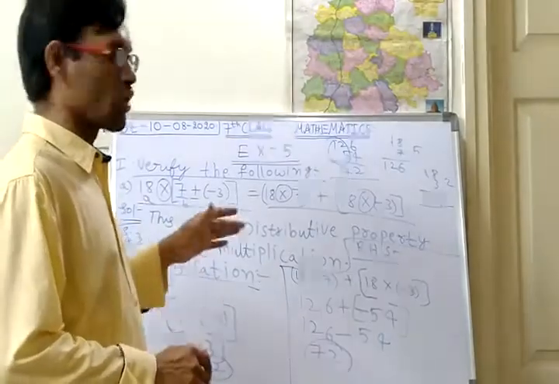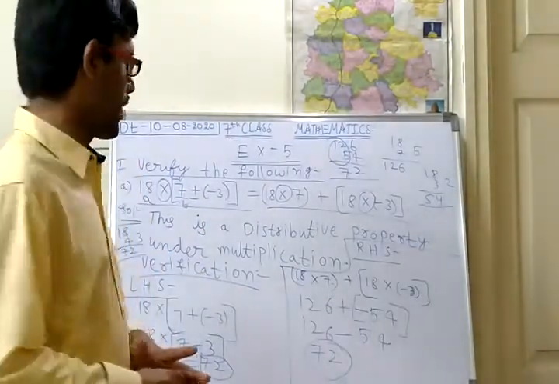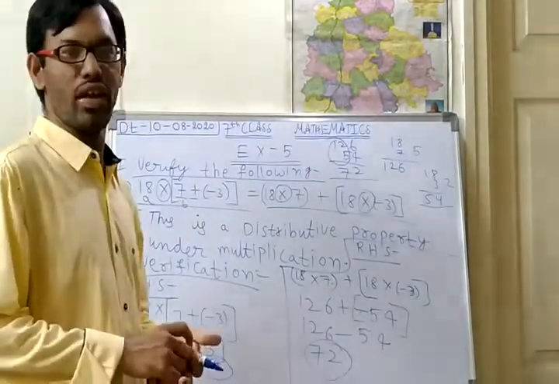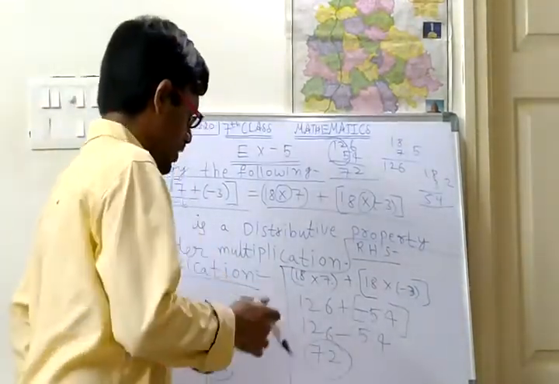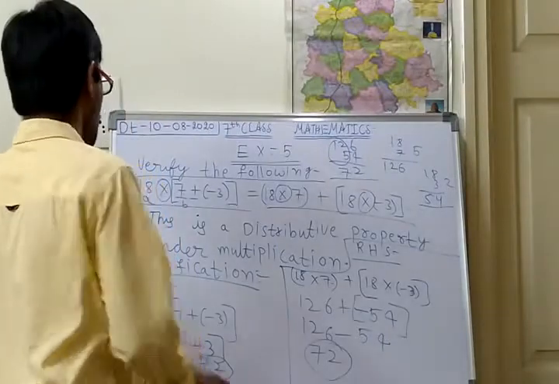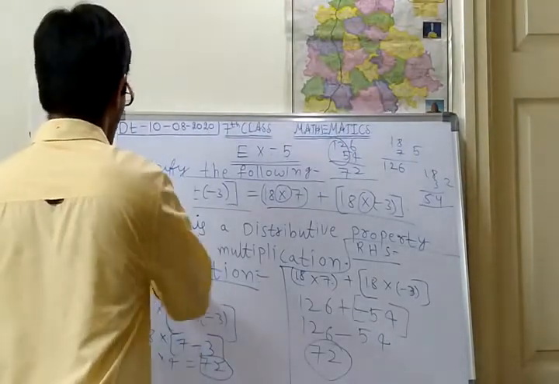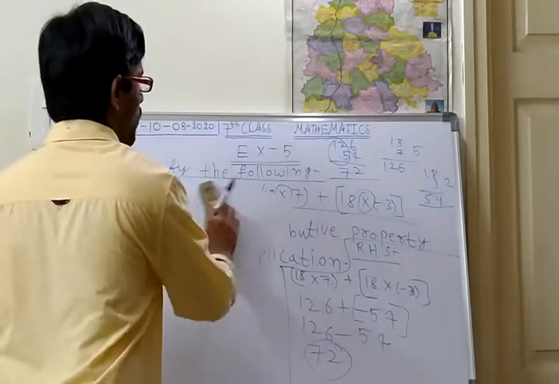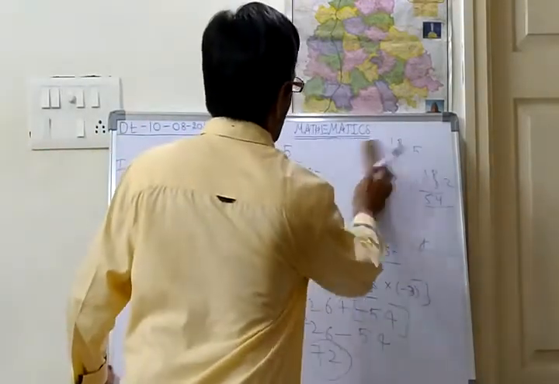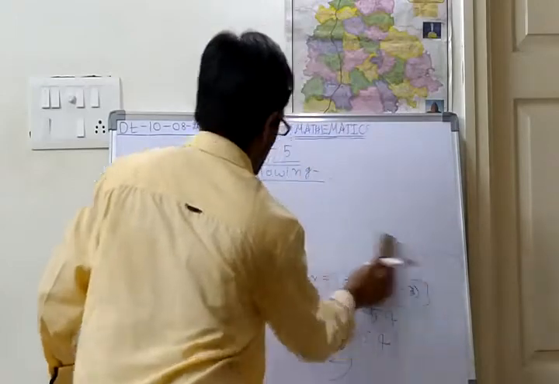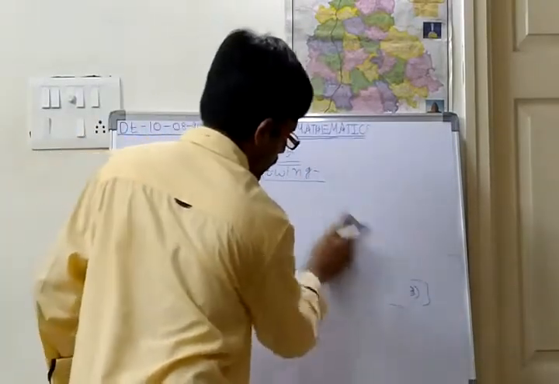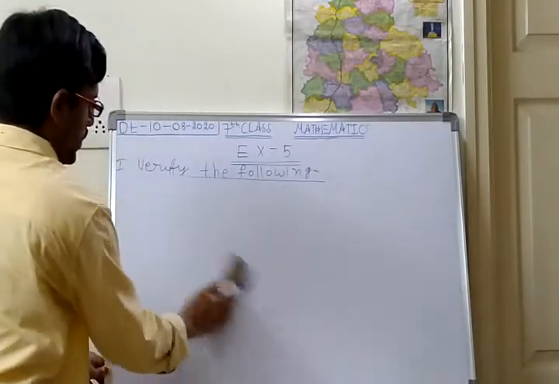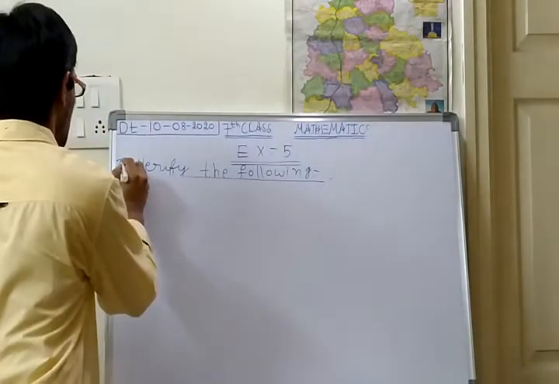Okay. I hope you have understood this problem. If you are not understanding, recall once again and you can understand very easily. So this is about the first problem. One more problem I will give as homework. You can do that one. Okay. Next step. We shall see the second bit.